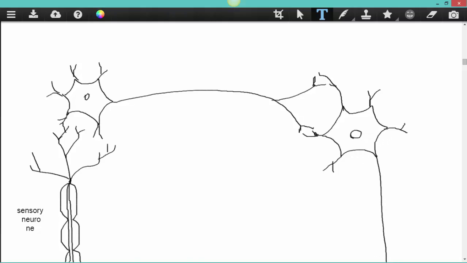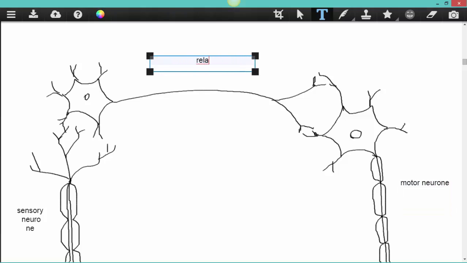Here we would have motor neuron. As I said before, this relay neuron is the neuron that sends impulses from the sensory neuron to the motor neuron. This is part of something that's called a reflex arc, which we're going to learn